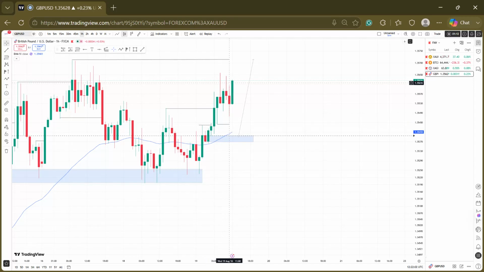So I'm expecting the price to get here. Then I'll be aiming for this point. I'm going to be aiming for this high as my take profit zone. And another thing again is that